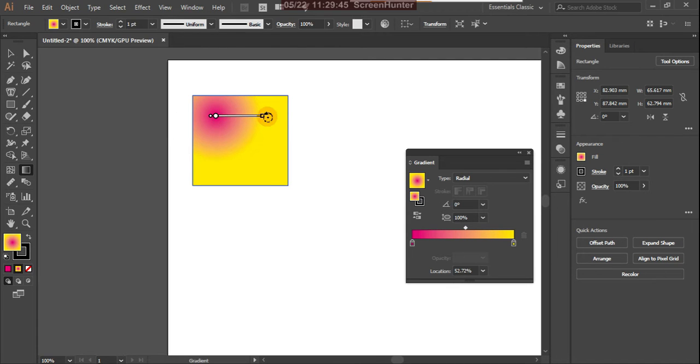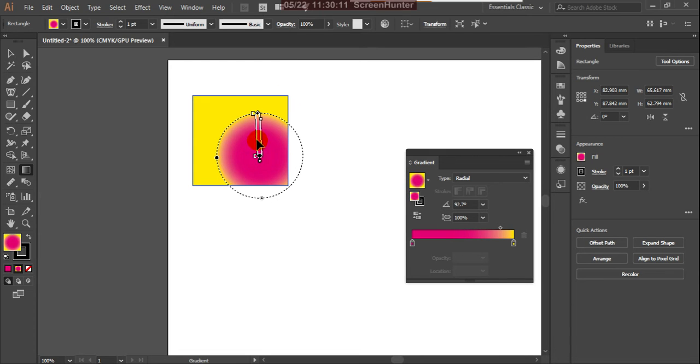And here the rotation is also there, the same rotation we use manually, and here the width and thickness. See that, the spread of the color, how you want it.